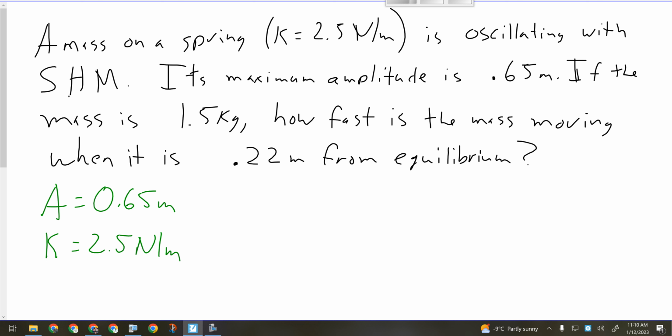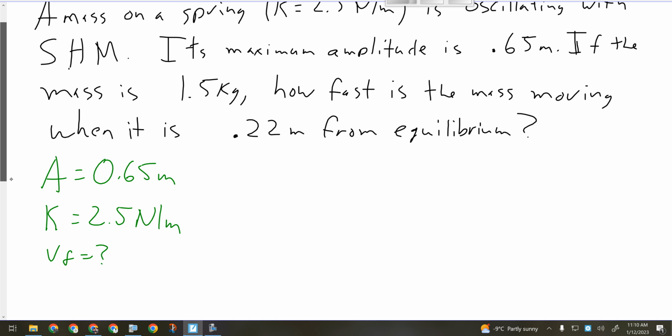2.5 newtons per meter. Okay, we're looking for how fast it's moving when it is 0.2, so we need to know vf, when its final displacement, which is xf, is 0.22 meters from equilibrium. All right, so my initial point is going to be the maximum amplitude. How fast is the object going there? 0. Okay, so I'm going to set this up as a law of conservation of energy question, Ei equals Ef,